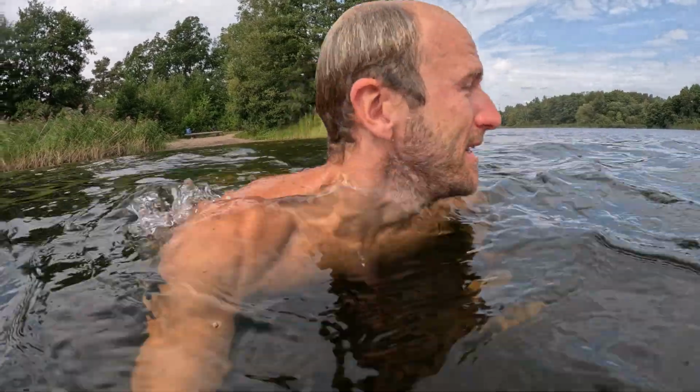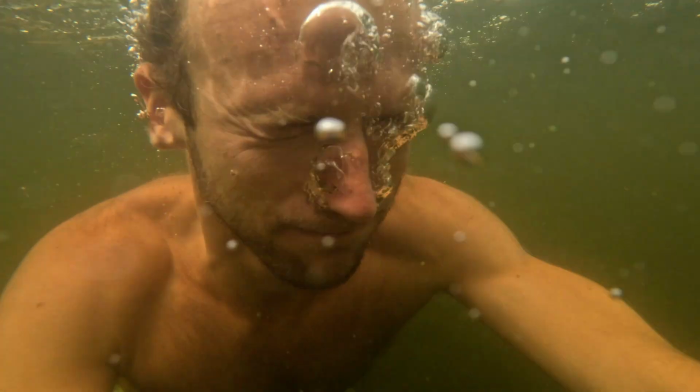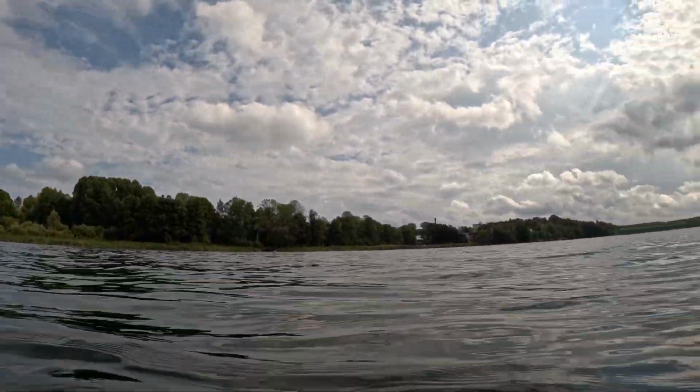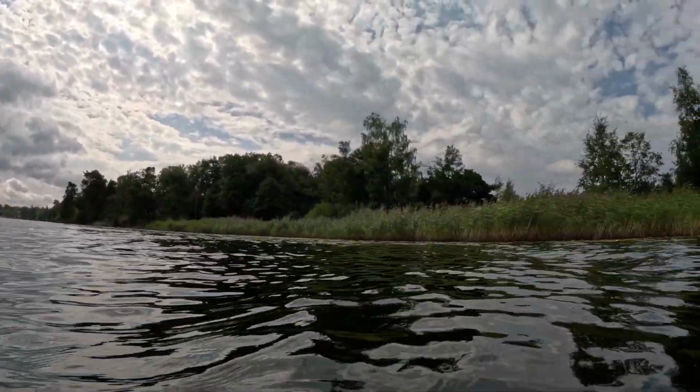There are lots of plants here, as you can see also, but the water is clean and nice. Let's dive in again. So nice. So nice indeed. I feel so blessed that I live so close to this beautiful nature and the access to